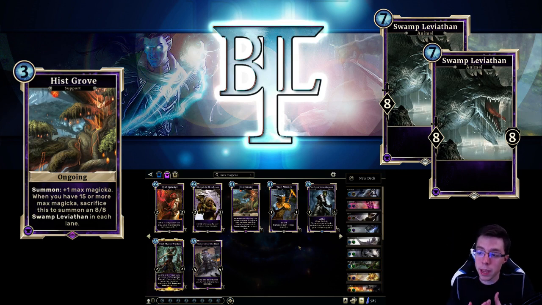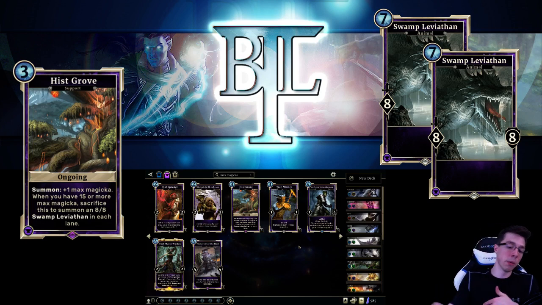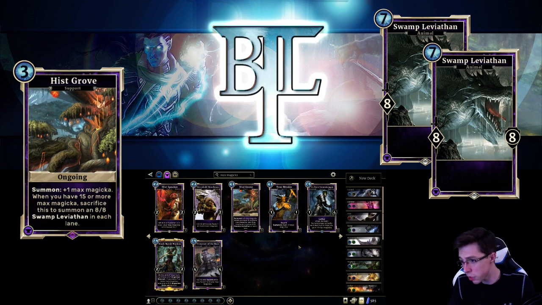You are only paying 3 Magicka for the Swamp Leviathans, but at a point in the game where this is your play, it only becomes super overpowered if you have 2 to 3 copies of Hist Grove in your hand, because otherwise you might just not have a play alongside of it. Hist Grove's power comes in its ability to combo with other cards, but unless you have a ton of card advantage, and can play something like Blood Magic Lord, Hist Grove in the same turn, or Hist Grove and like clearing your opponent's board with something,